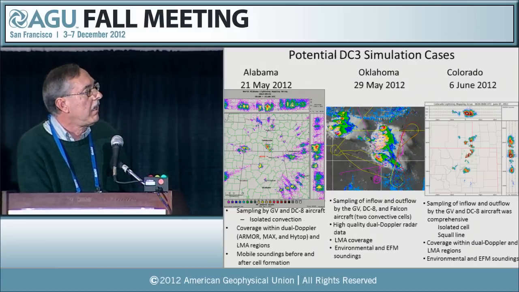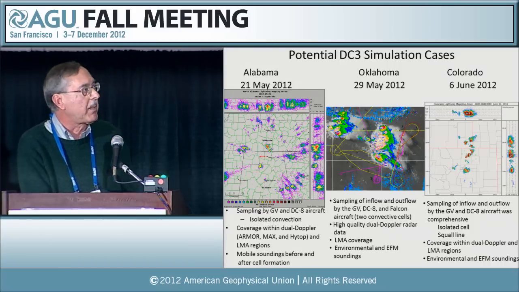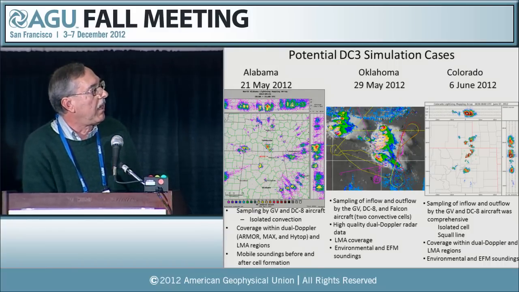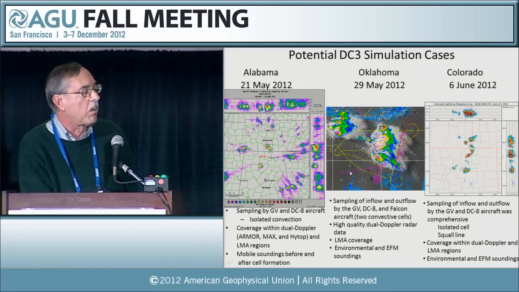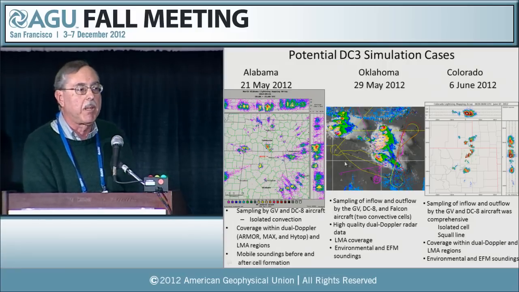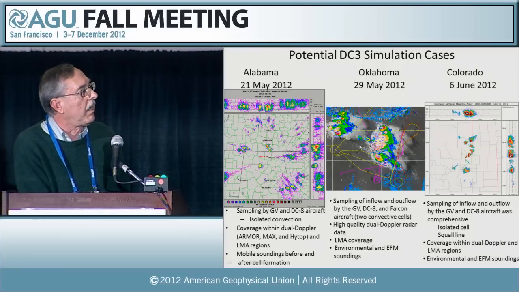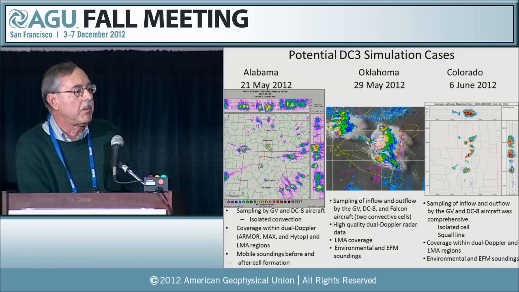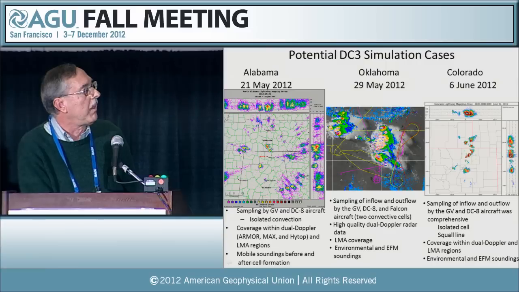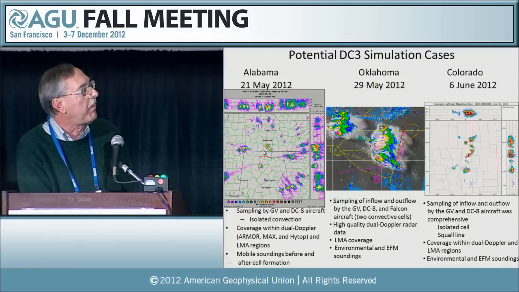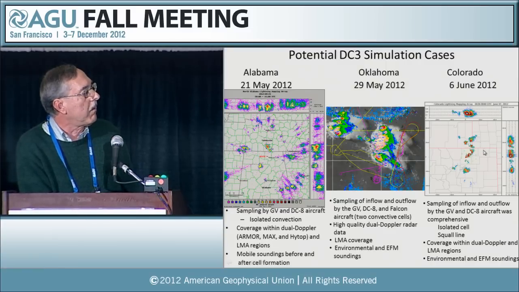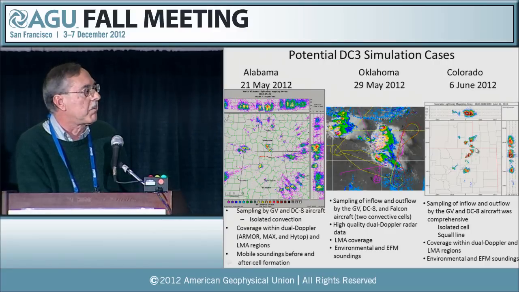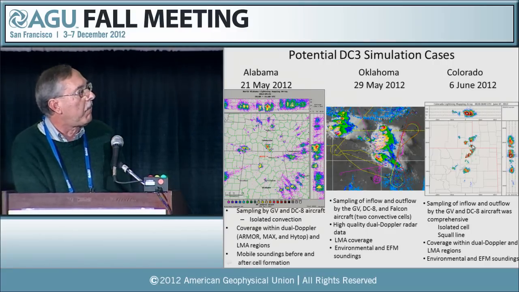Now, these are three of the storms that we'd like to simulate. The 29 May, of course, Mary Barth's simulation is already underway with the parameterized convection, but we'd like to also do this cloud-resolved mode, and then also do one for Alabama, and also do one for Colorado. And this is just for starters, where there's plenty more cases out there as well.